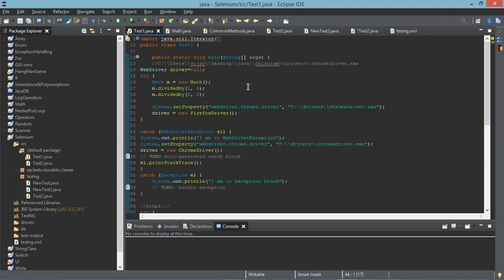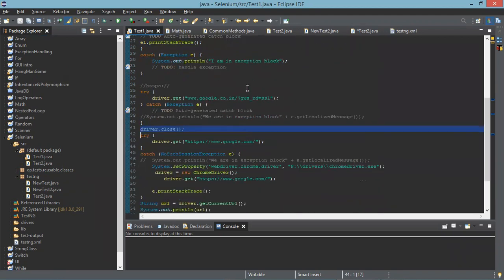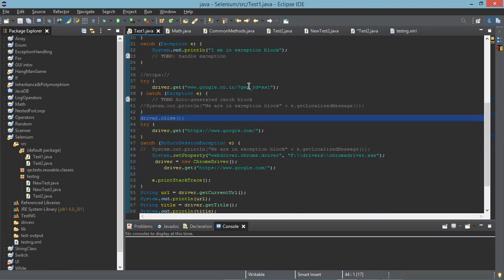In this program, come down to 30 plus lines. After your 35th line, go to the 35th line and type there driver dot,